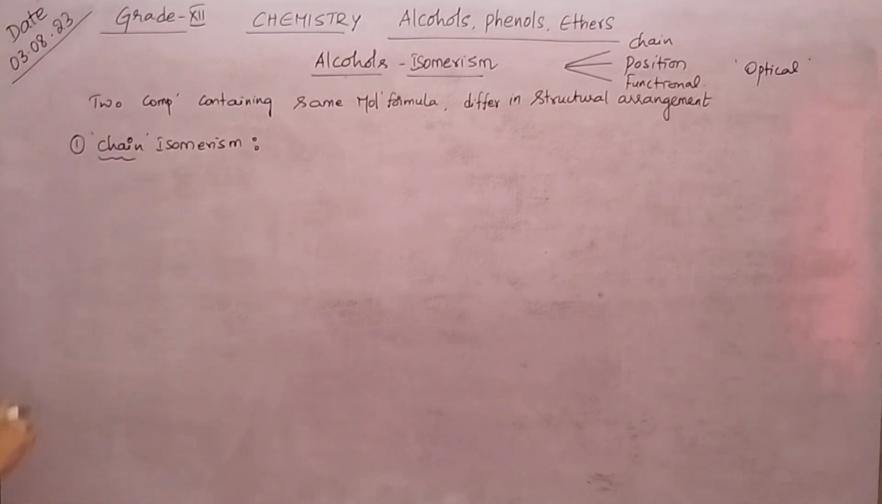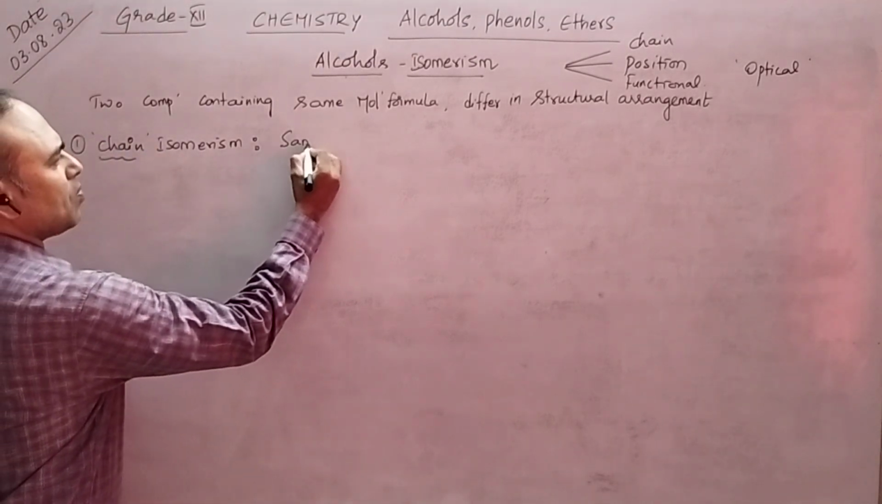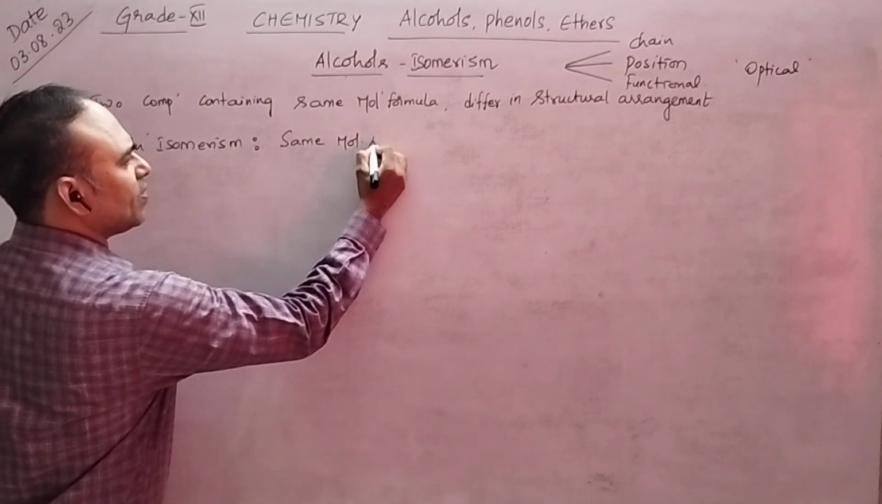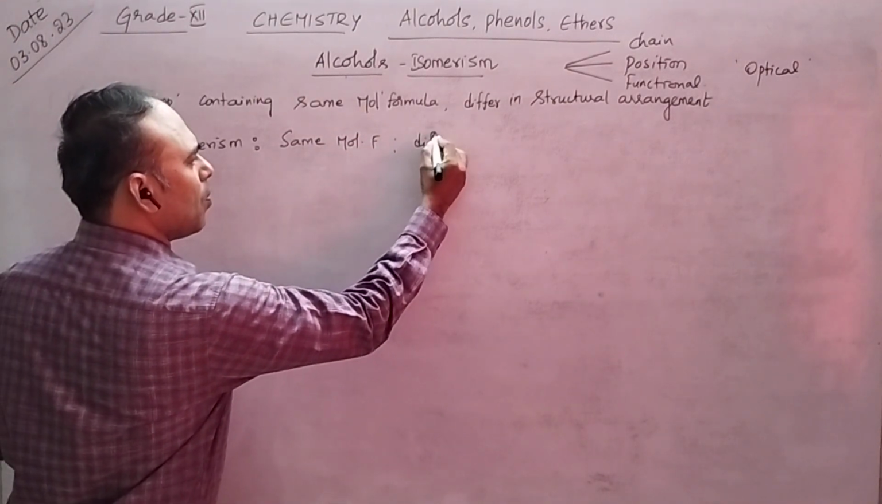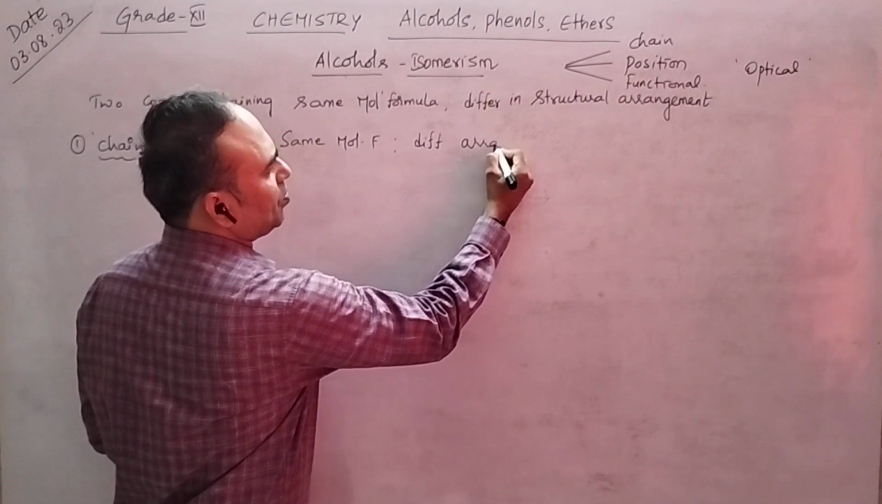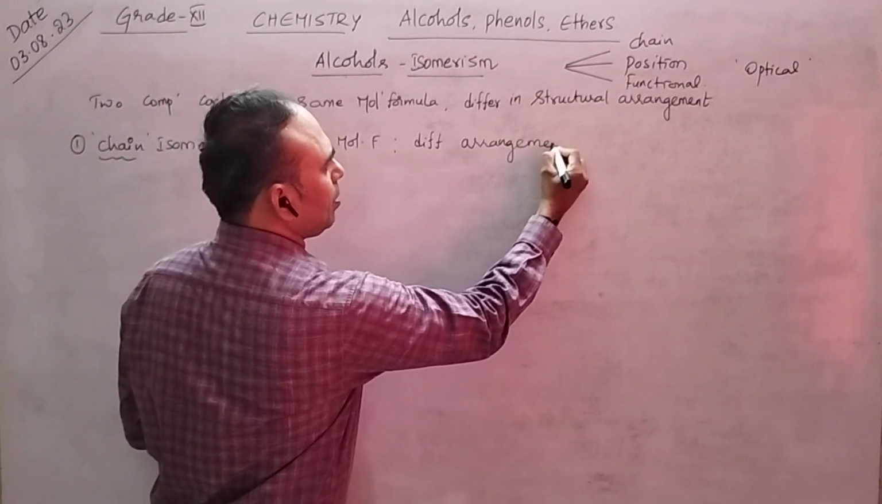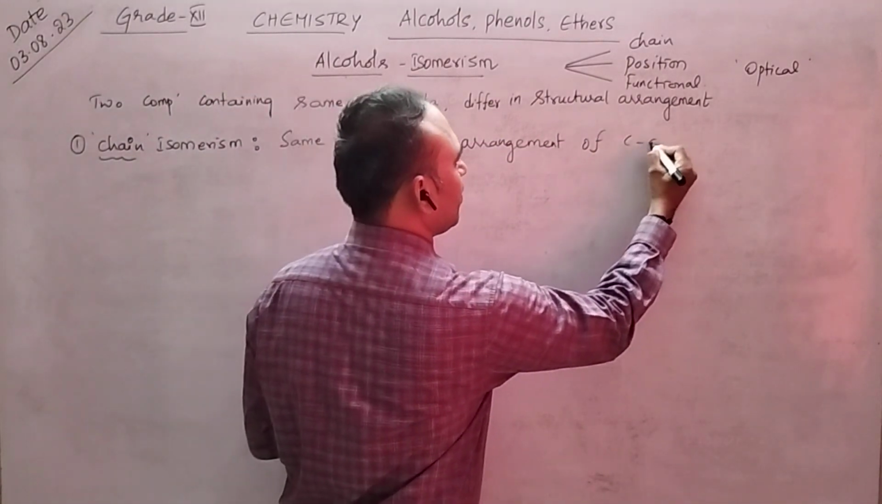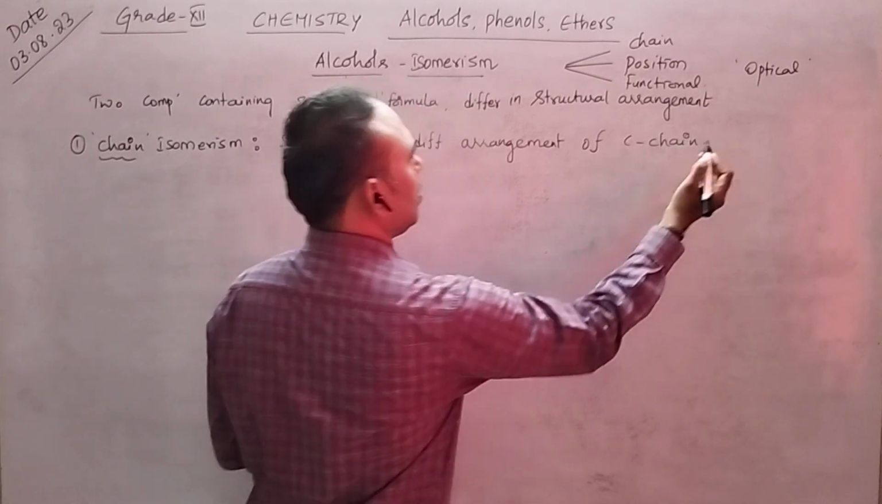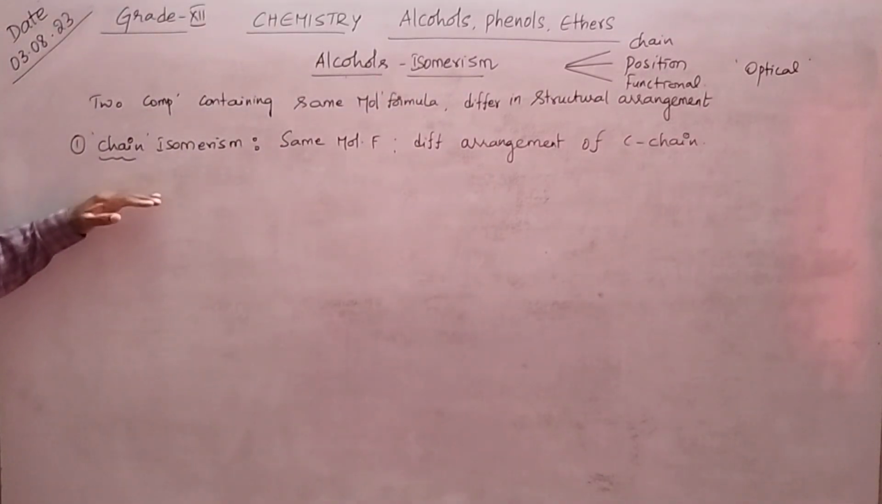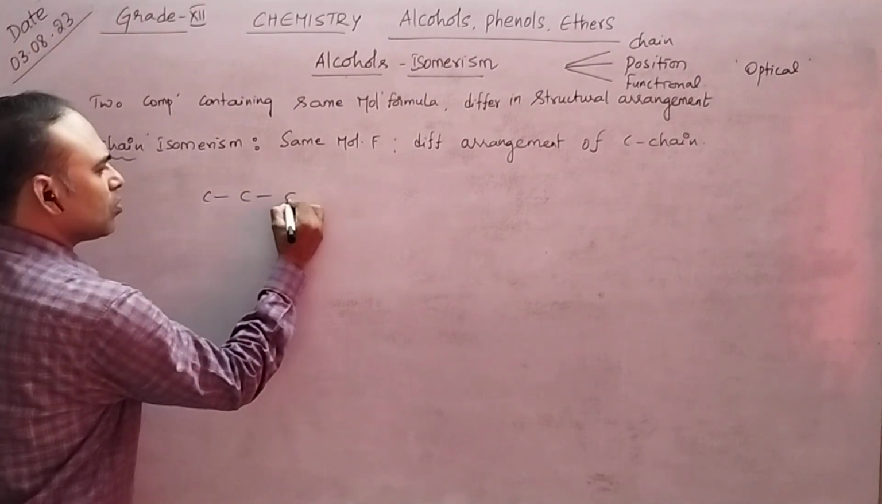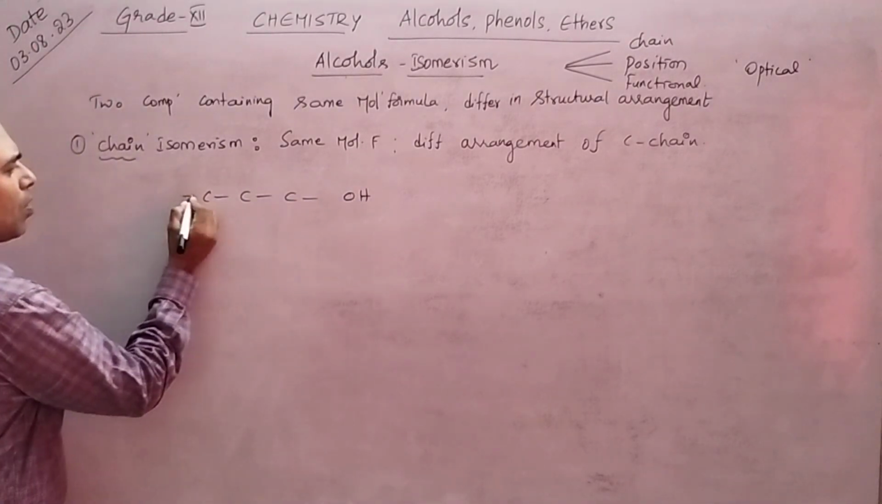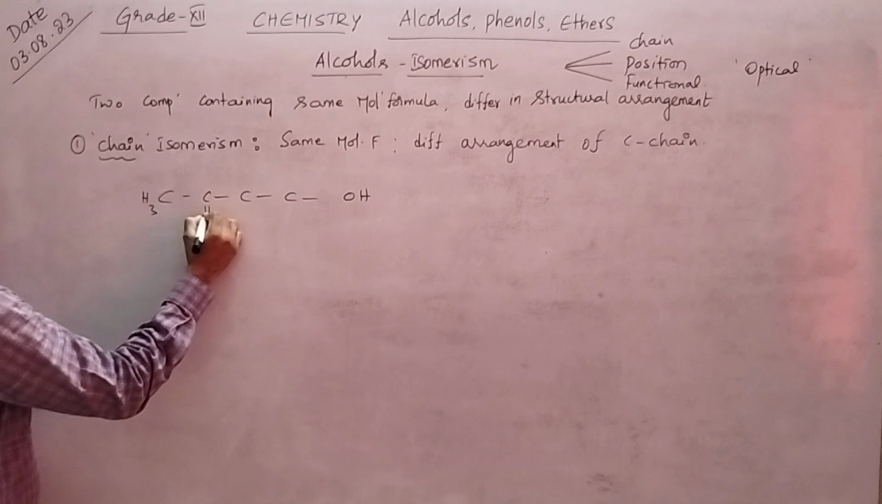See, it will indicate what is the difference in this. The 2 compounds will have the same molecular formula, but different arrangement of carbon chain. Different arrangement of carbon chain. So let us take, see, for 4 or more carbons this is applicable. So taking like this, now we have